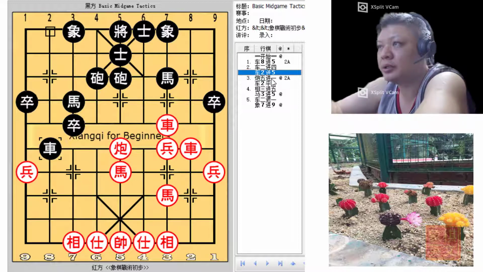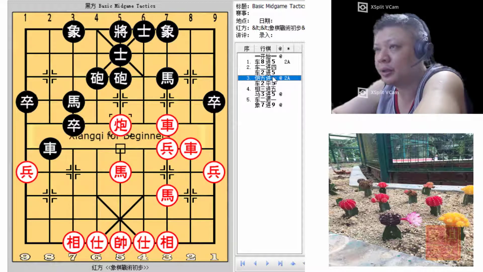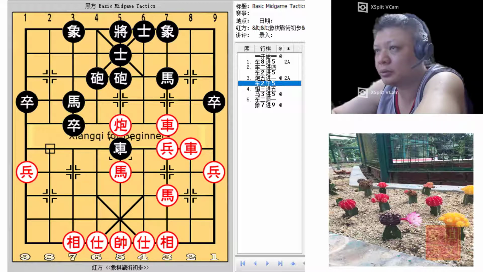And in this board, this is another questionable move by Red, because Red tried to move his cannon one step ahead so that it will be protected. Even though the horse can capture it, it will be protected by this chariot. Now, the main idea in this board was that Black could continue with r2 equals to 5 and thus gain